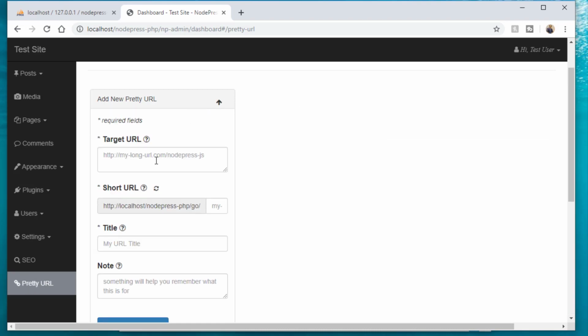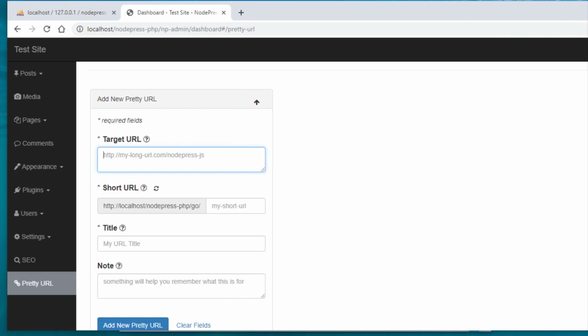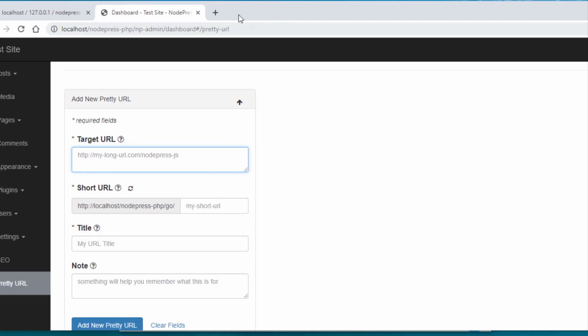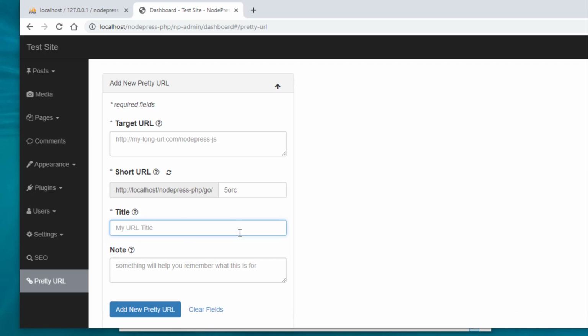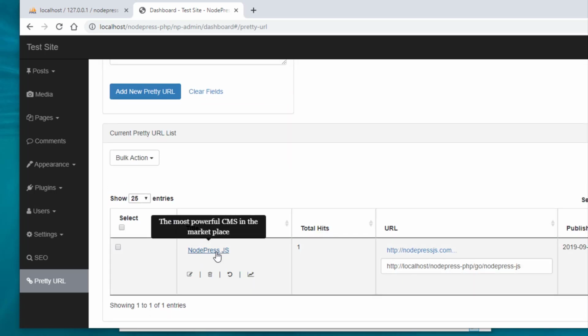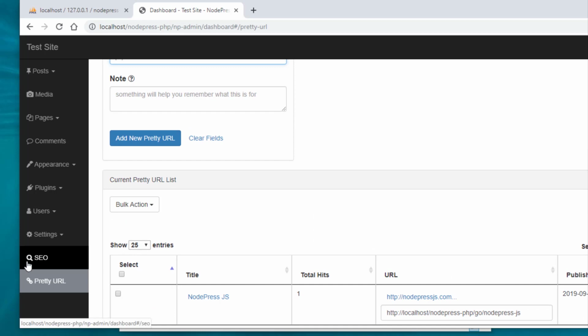So basically what you do is you type in your long URL here, and let me make this a little bigger. And then it gives you the ability to customize the URL. You could type a short version, or you can just click on this spinner thingy, and it will automatically create a short version for you. And then you can give it a little title that says, hey, this is what this URL is for, just as an FYI for you. So for example, in this case, I have it, hey, this is a Node.js kind of thing. And then SEO,